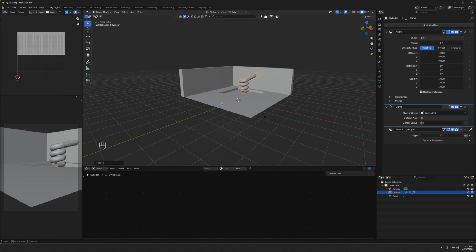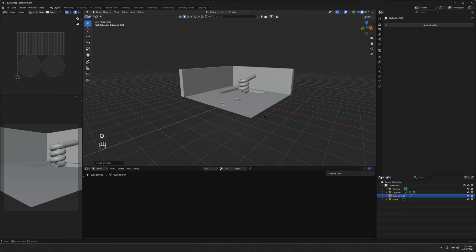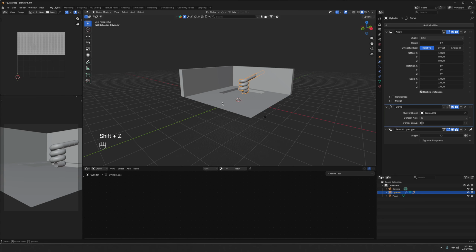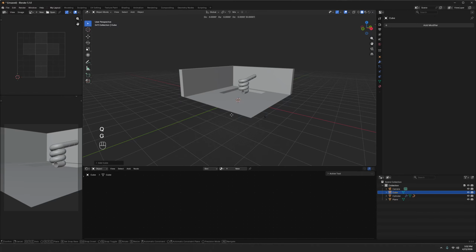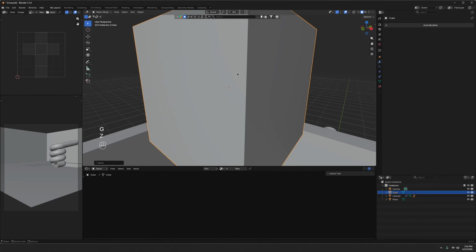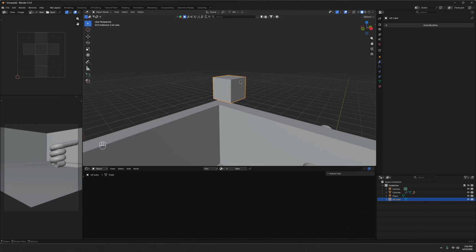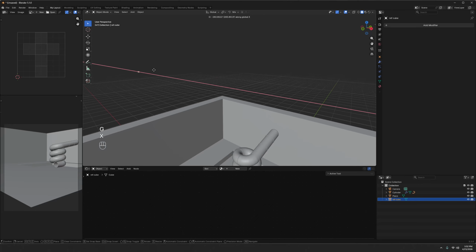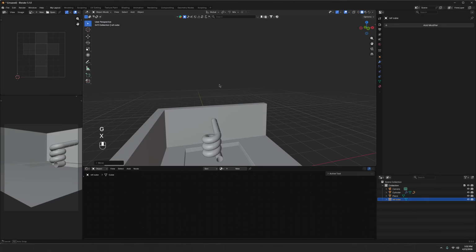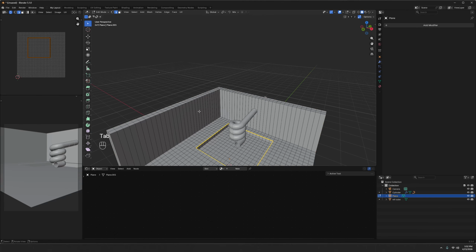Oh yeah, before I forget, add a cube to your scene. This little guy right up here. And rename it ref cube, and then just move it out of the way. We'll need it later. All right, so now over here, back in edit mode,